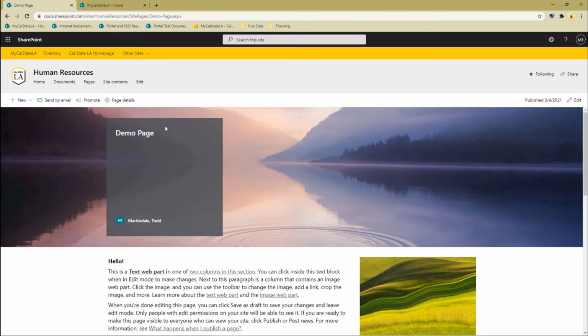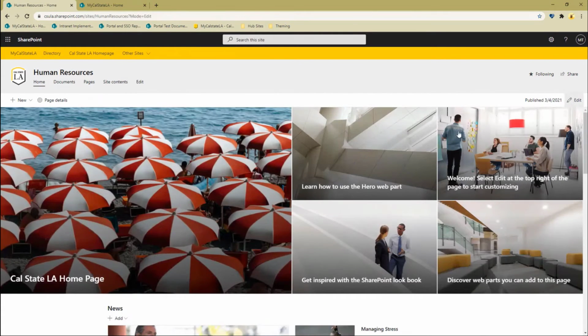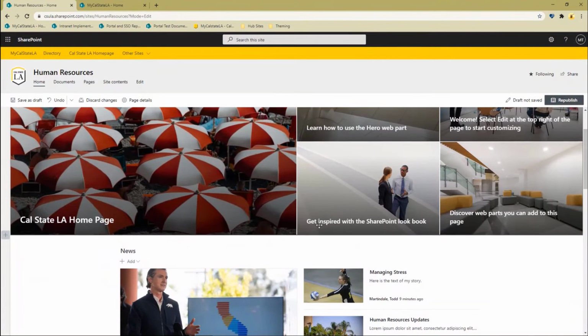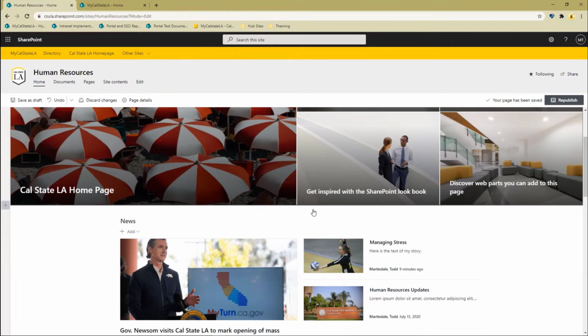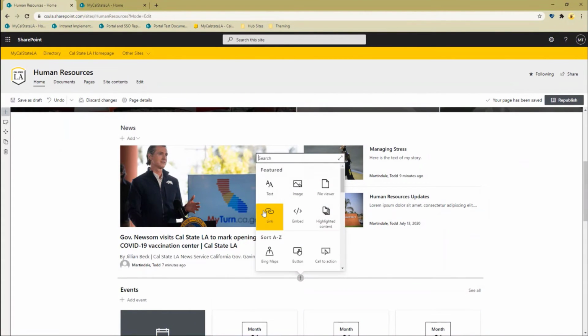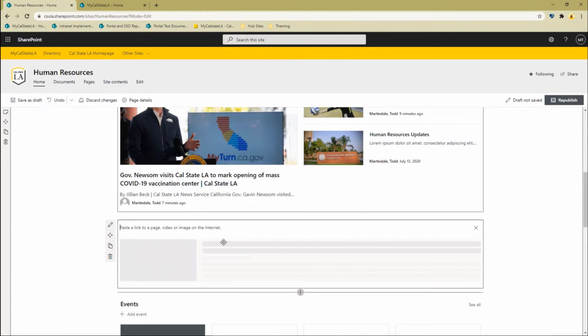So either by asking that it be added to the site navigation, or you can put the link to your page in the hero web part on your home page, or you can put the link to that page anywhere else on this page or other pages that make sense. You do need to plan for it.